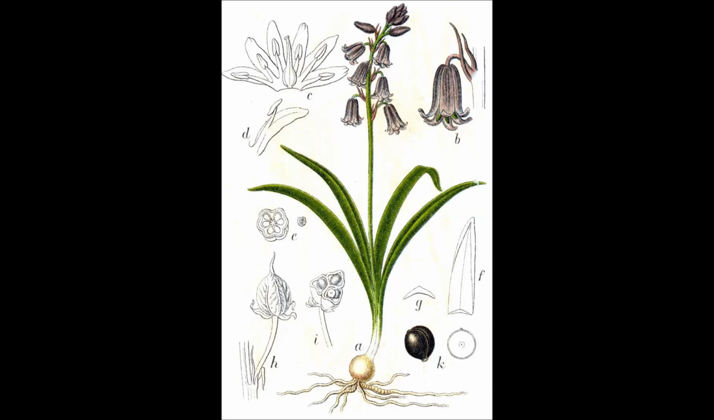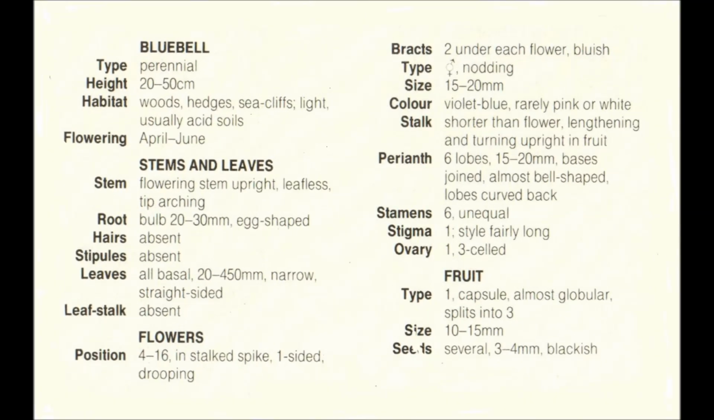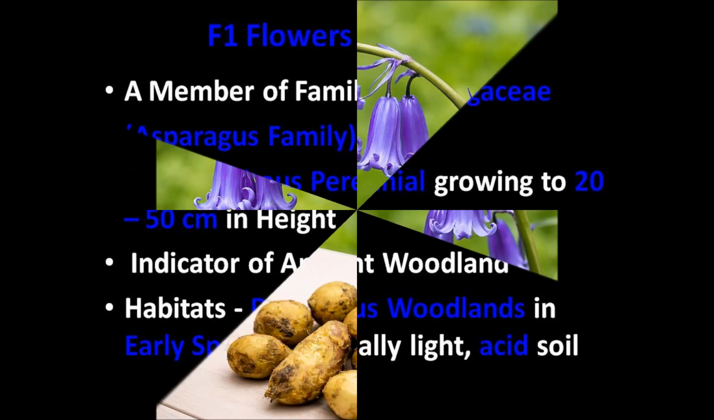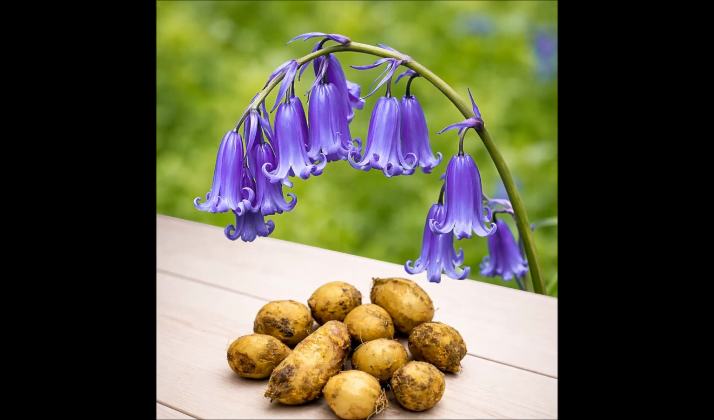As always, we include a detailed botanical slide for those of you who may wish to study the plant in more detail, and which can be stopped at any point. To summarise, the bluebell is a member of the family Asparagaceae, or the Asparagus family, and it is a bulbous perennial growing between 20 and 50 centimetres in height. It is an indicator of ancient woodland, and the habitat consists of deciduous woodland in early spring on usually light